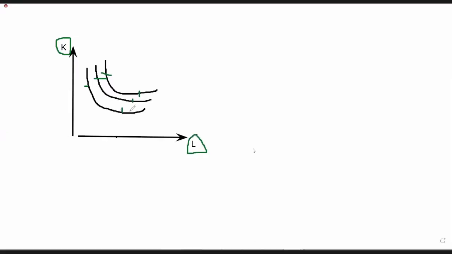In terms of labor, we identify these places where the negative slope is over, right? After these points, the curves are shifting upward. That means the MPL value,